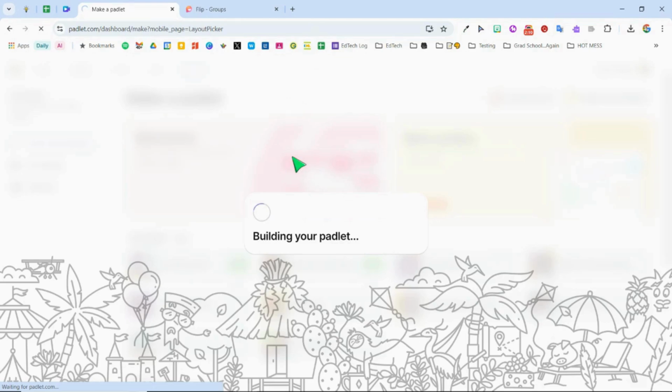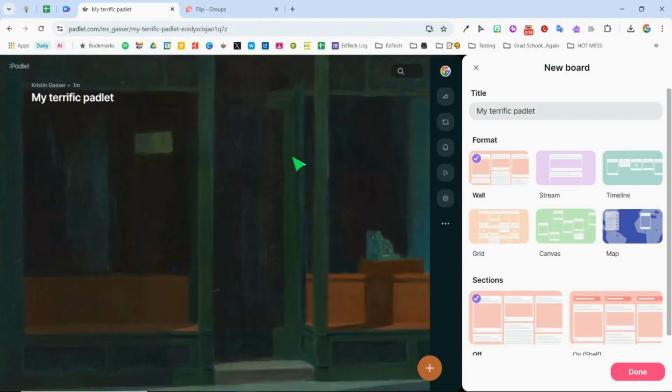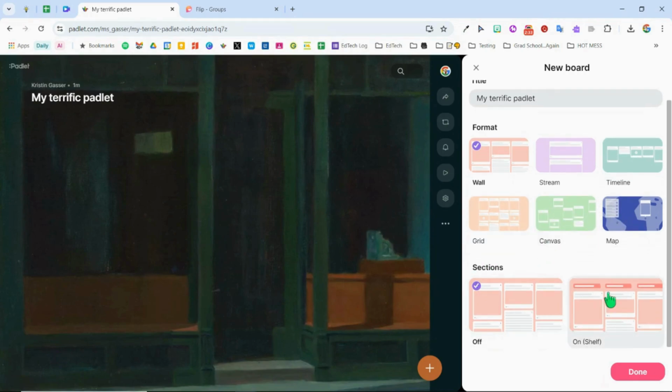Once you come in here, you're going to start building your Padlet. It's going to give you a background and a title, and everything can be customized here underneath your new board. So you can choose what type of Padlet you want: wall, stream, timeline, grid, canvas, or even a map feature. And you can choose whether or not to have sections. You can rename your Padlet here, just like that,